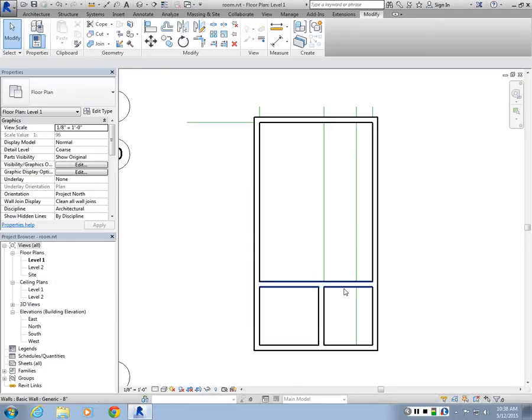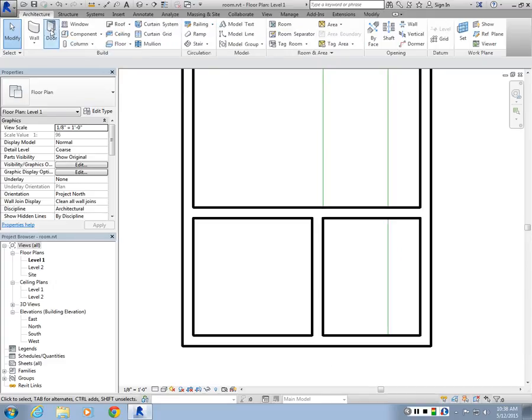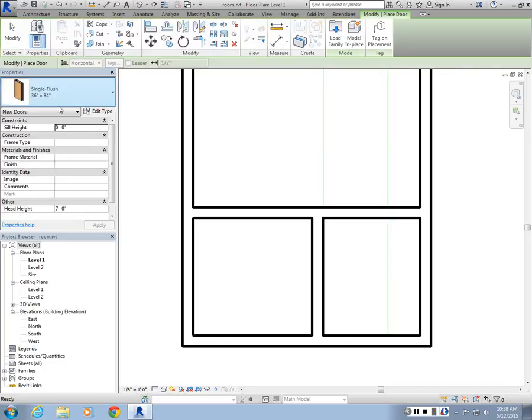Now the next thing I want to do is specify the doors. So I go to architecture, door. So we've been looking at walls, so now I'm going to do doors. Now we have some door types available to us. So these are by default loaded into Revit. We have 36 by 84 inch door. If you want to load other types of doors, you can go to